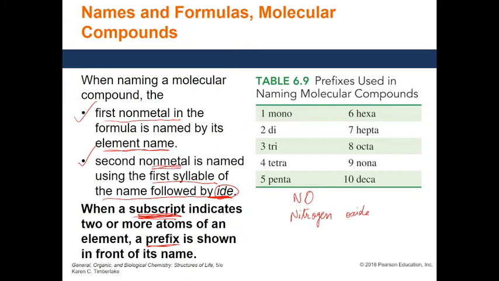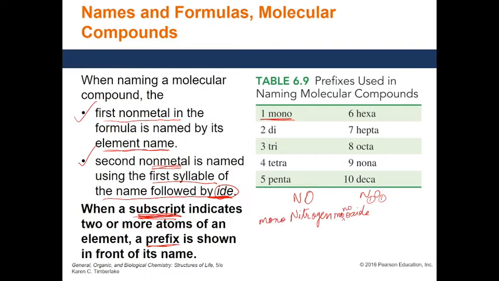Now the subscripts that we see here, we also have to account for. If there is no subscript written, that essentially means this is 1. So you can assume NO means N1 and O1. Usually whenever the number of atoms is 1, we skip writing the number 1. But that essentially means it's one atom of nitrogen, one atom of oxygen. So for 1, we use the prefix mono. So if you were to put a prefix here, that would be mono. So you would think it would be mononitrogen monoxide,